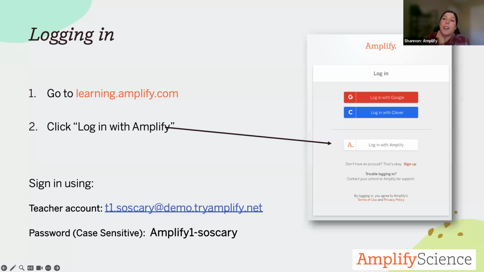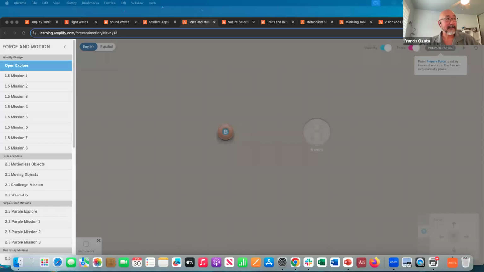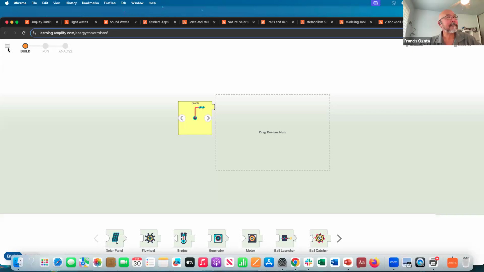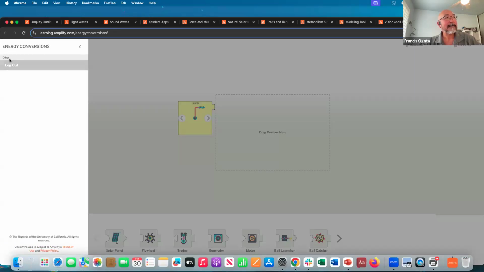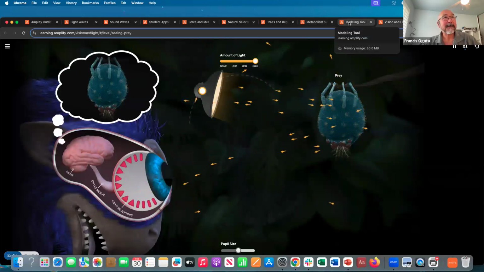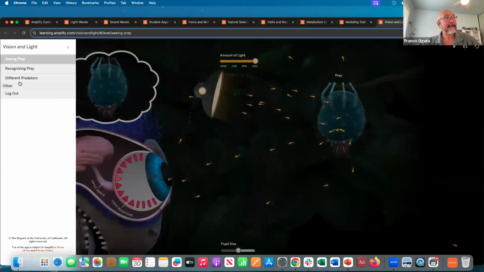Perfect. And then Christine asked, do the elementary STEMs have different levels? I've never noticed that. They actually do. When you're inside the lessons themselves, depending on which simulation you're in, it'll have different missions too. So basically, make sure that you're hitting the three lines here, the menu. Sometimes it's just going to be that log out menu, but sometimes you'll see different opportunities to do different activities.